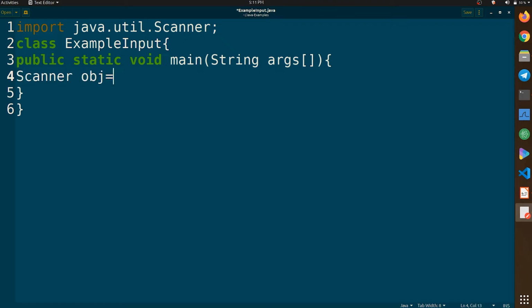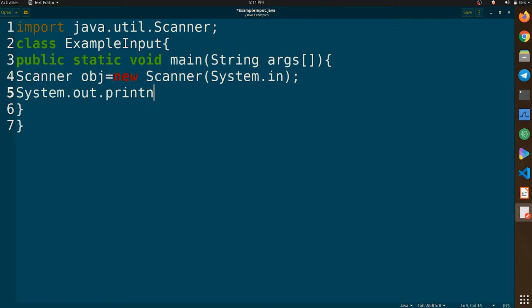So Scanner obj equals new Scanner, and we are passing the input stream, which is System.in. So now it has access to the input stream, and let's print something so it will look interactive. So System.out.println, hey stranger, what is your name?